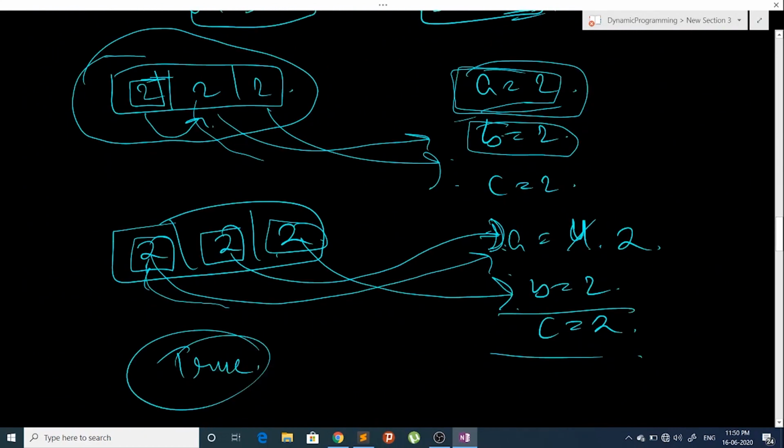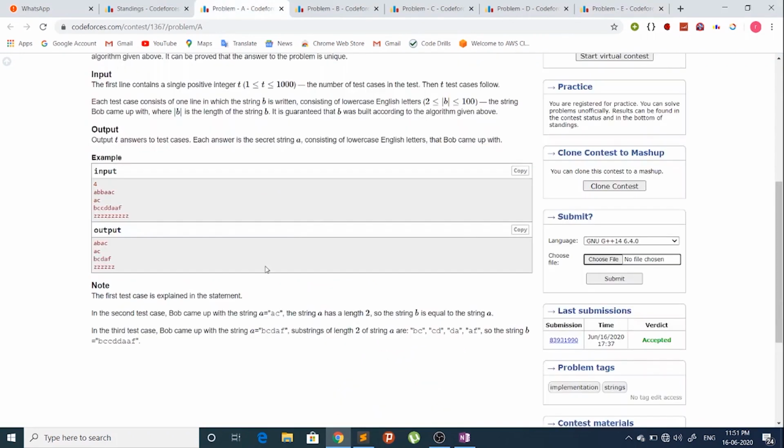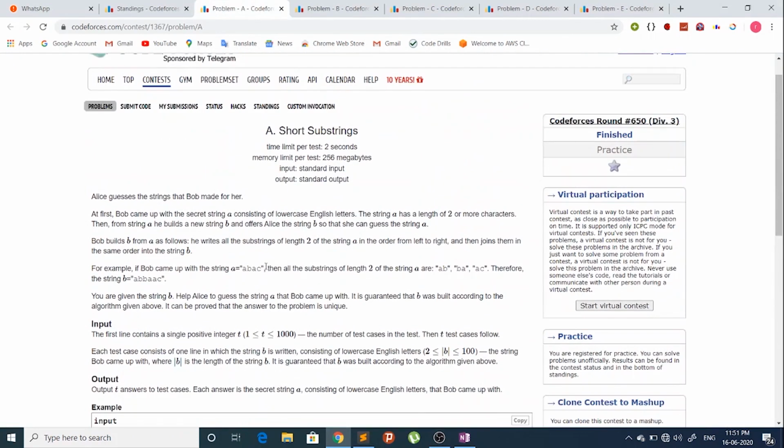Now let's discuss problem A. In problem A, we are given a string B, which consists of all the substrings of length 2 of a string A combined together.